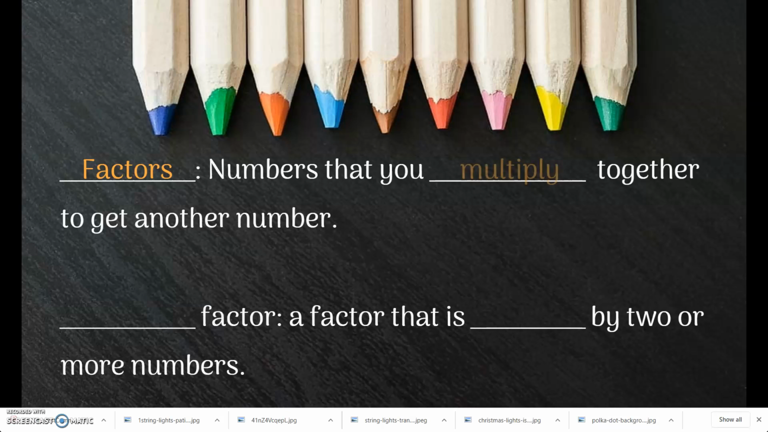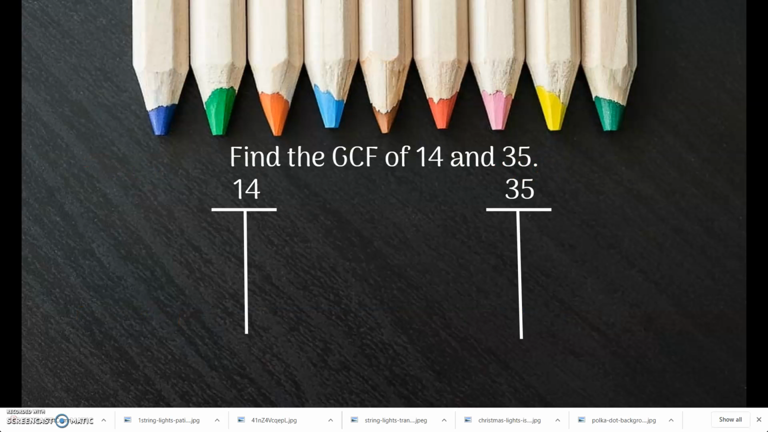Factors are numbers that you multiply together to get another number. Common factors are factors that share two or more numbers. For example, we're going to start with this first one where we find the greatest common factor, or GCF, of